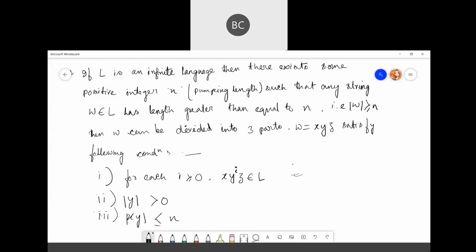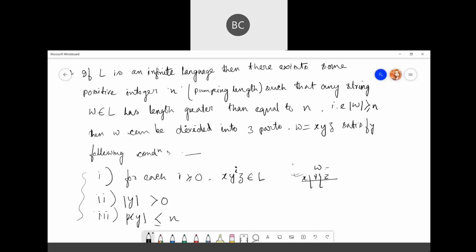In simple language, this is the whole pumping lemma, and we need to check whether the language satisfies this condition. For that, you take a substring from the language, then divide it into three parts: x, y, z.